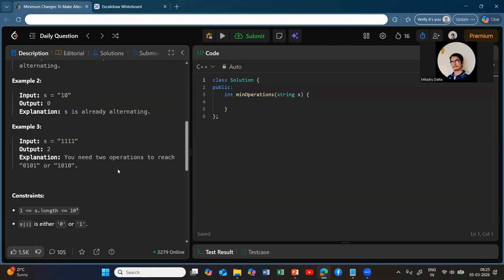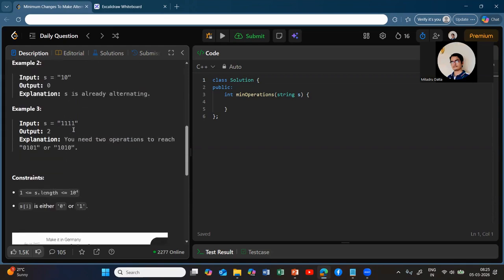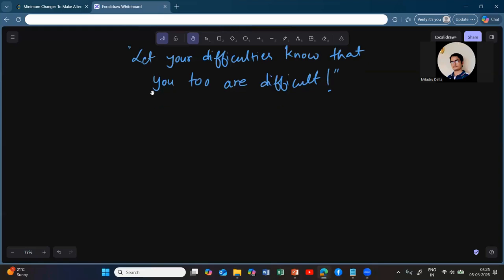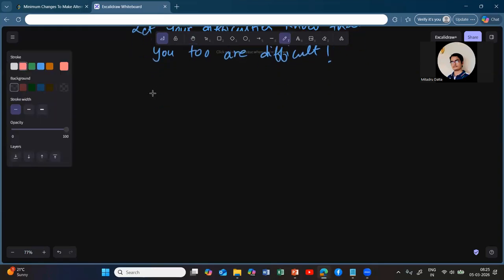Okay, now you might be thinking of one algorithm, right? We can iterate through the string, and whenever we see that the character is equal to the previous character, we can just change that particular element of the string. Similarly, you can think for this one. Okay, so what I'm trying to say is that it is very tempting to think of an algorithm something like this,